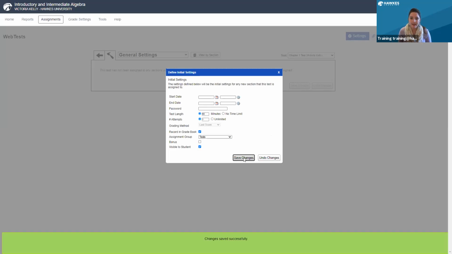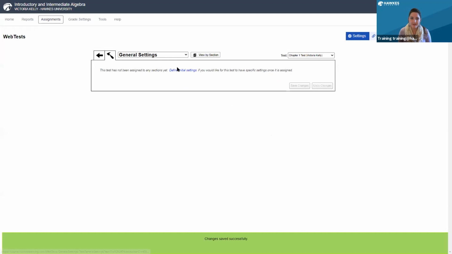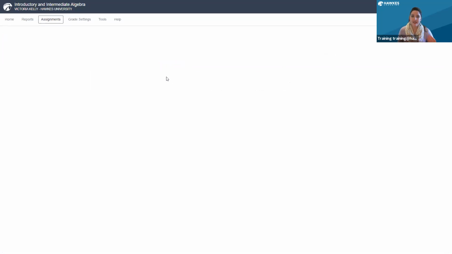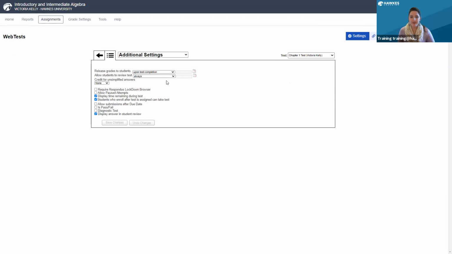Now, I'm going to go ahead and just save those changes and close out of this little box. And I'd like to head over to this drop-down menu. Underneath the drop-down menu, another area I'd like us to jump into is the additional settings. Now, here at the top, this is when I can choose when my grades and my review will be released